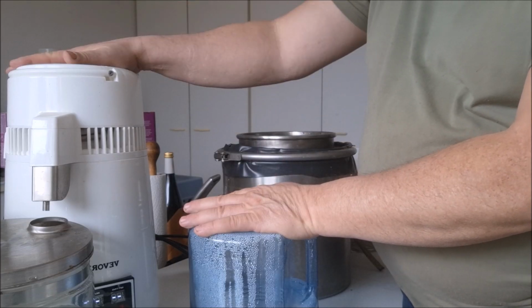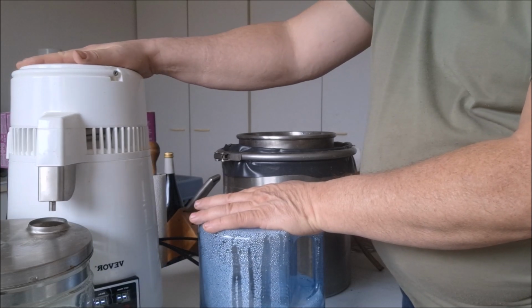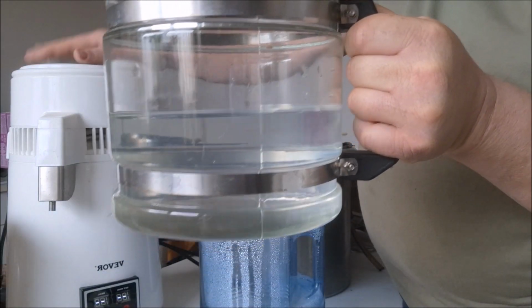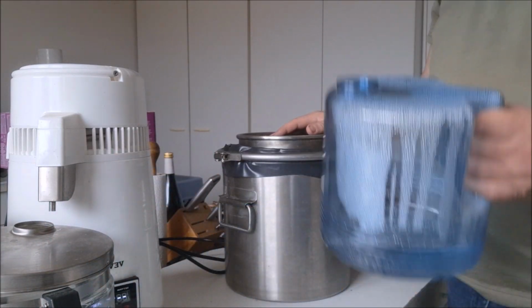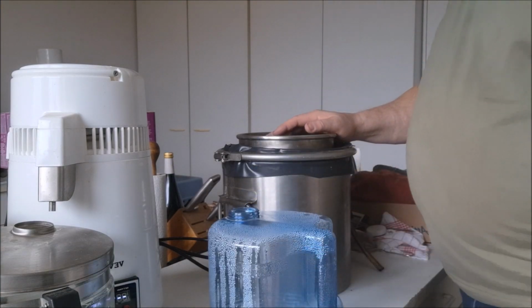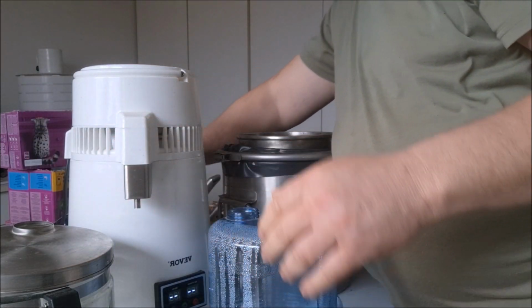Now, this is the new one that we got. This is a 5 liter. Comes with a nice little, see, I've been distilling stuff in it. We'll get more into that in a minute. So I went and bought me a, this is like for camping. And then what I did, since the other one wasn't working,